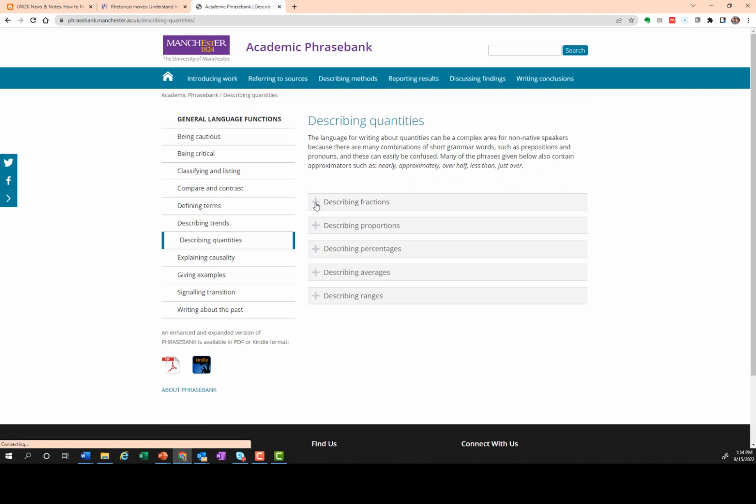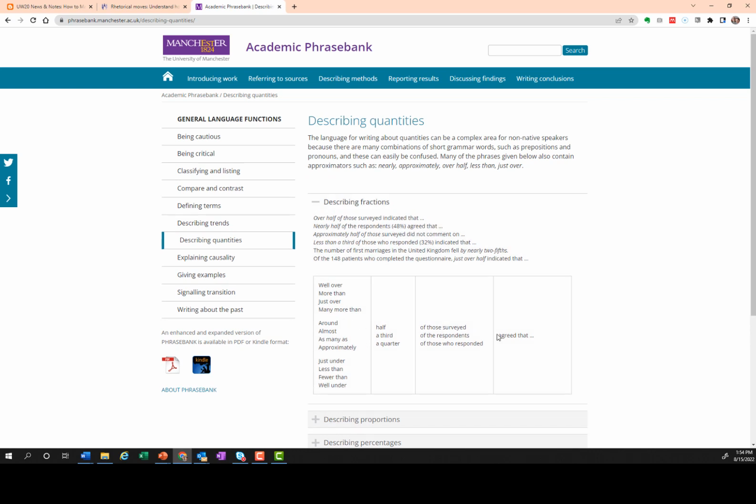Let me just click on this. So, describing fractions. It gives you this breakdown of what are some ways to describe fractions. And so it really is a treasure trove of great material for students as they're learning and making this transition